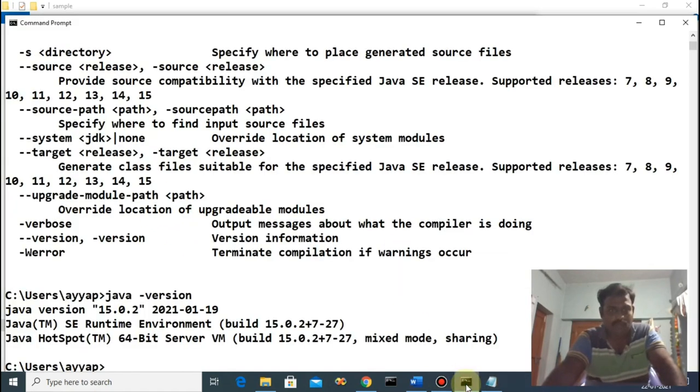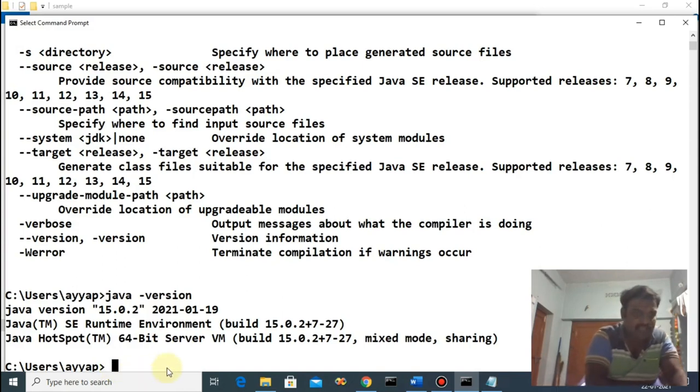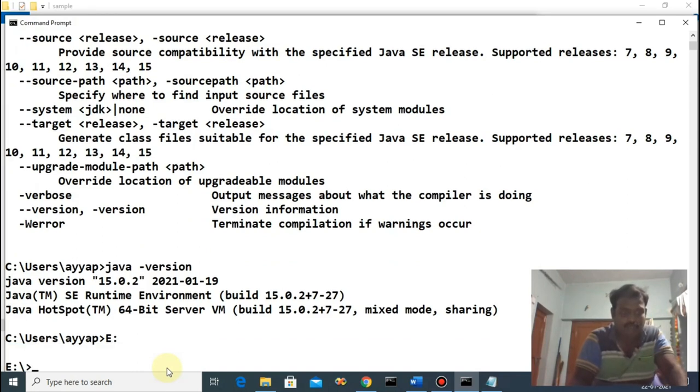Go to command prompt now. Where is your folder? In local disk E, just type E colon and press enter. Now your path is in local disk E. What is your folder name?